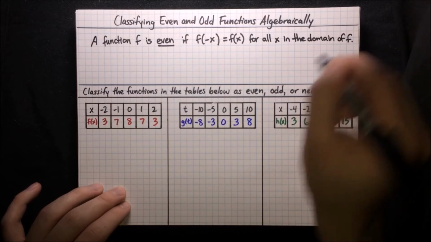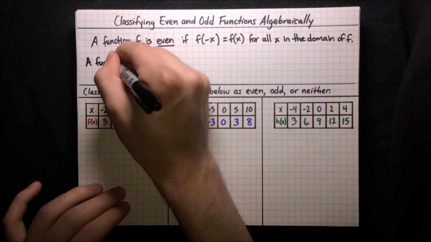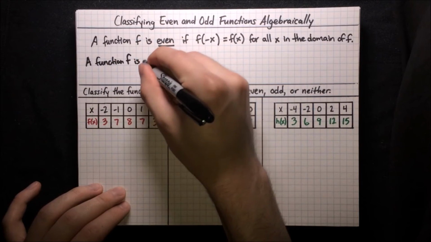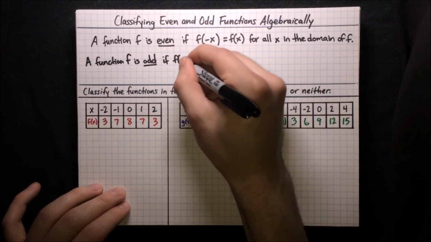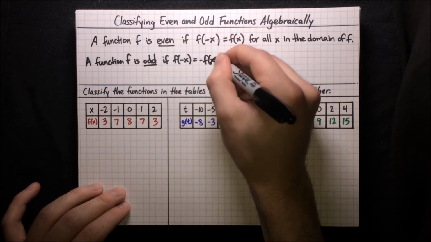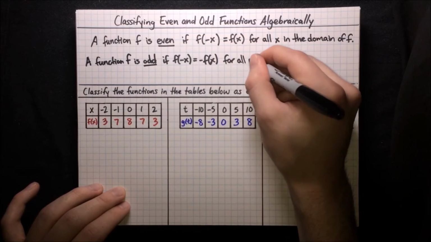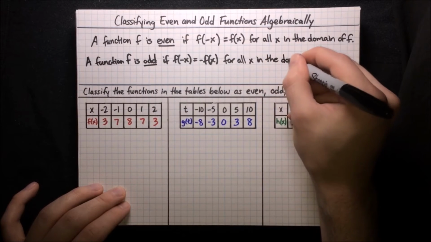of f. Likewise, a function f is odd if f of -x equals -f of x for all x in the domain